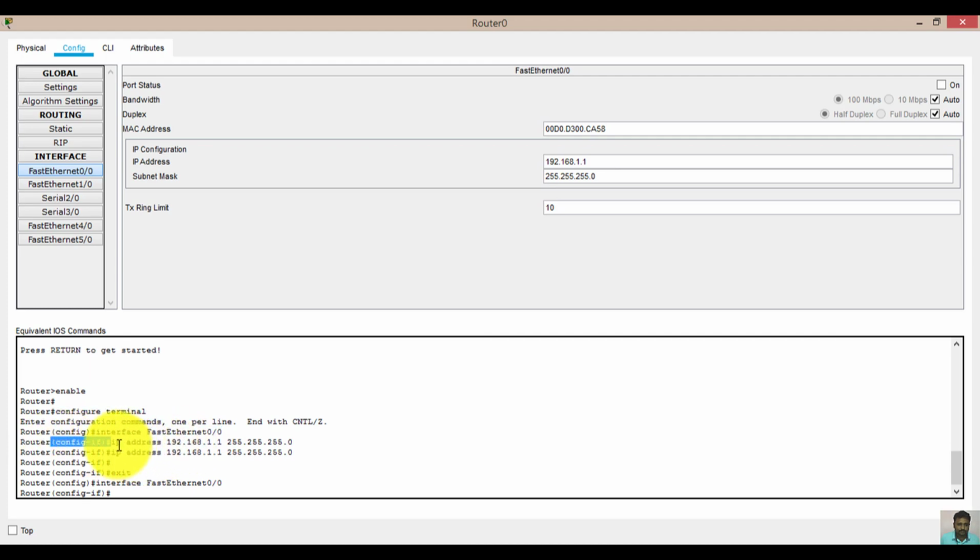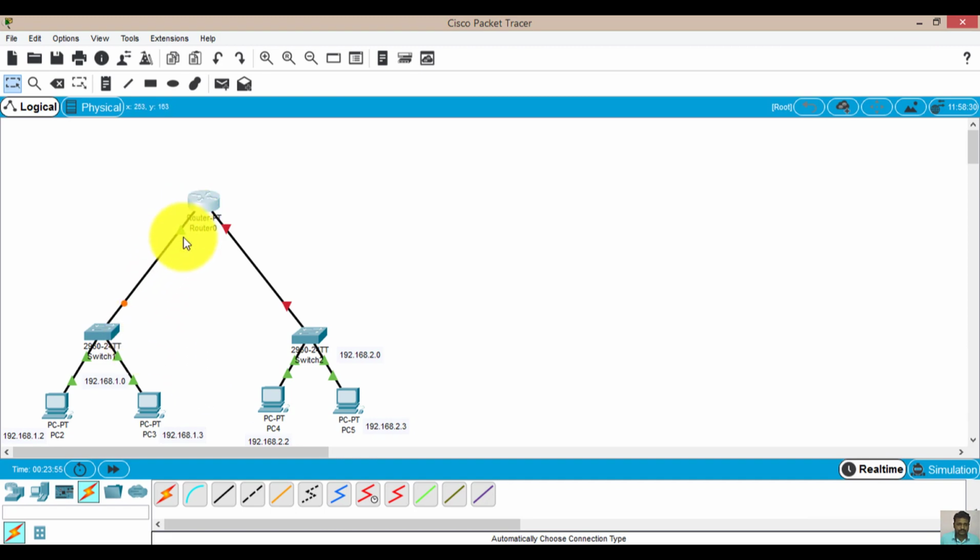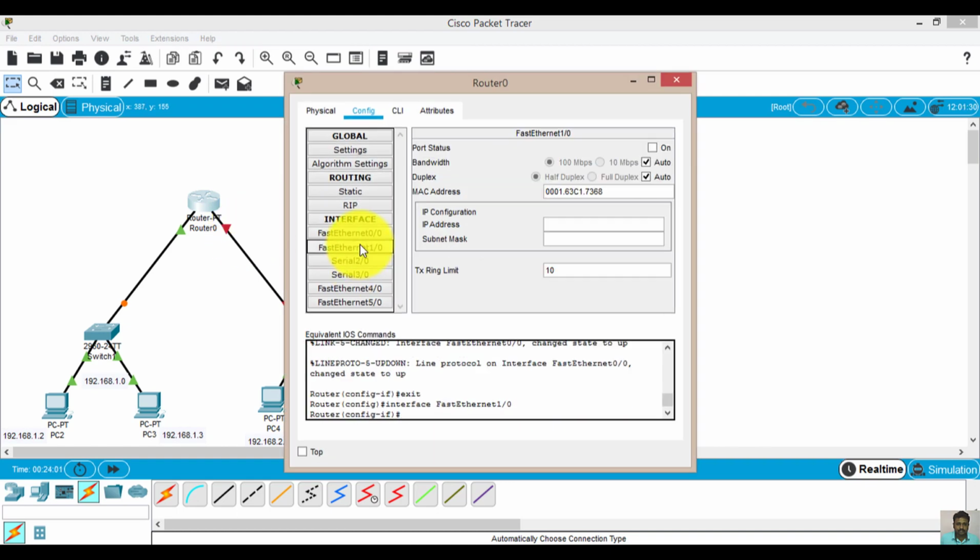Now here you can write ip address. What is the IP address you want to configure? That is the gateway 1.1 and then your subnet mask. Press enter and this will be configured. Then before moving out of this, don't forget to switch on this port. As soon as you click it, the command for this is no shutdown. So to switch on the port, the command is no shutdown, or you can simply type no shut, that will also work. Okay, so this is done. We'll close it, and now it is green. You can see it. Similarly, we will do it for the other port also, FastEthernet 1/0.